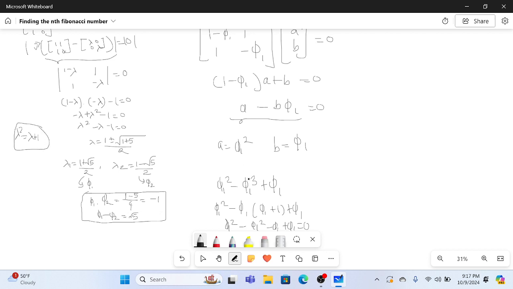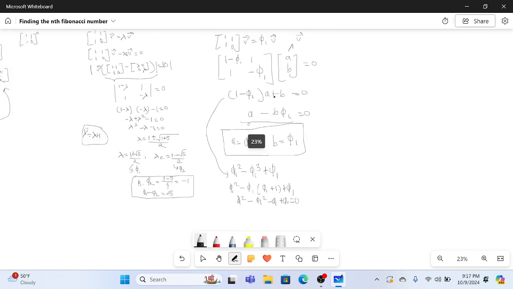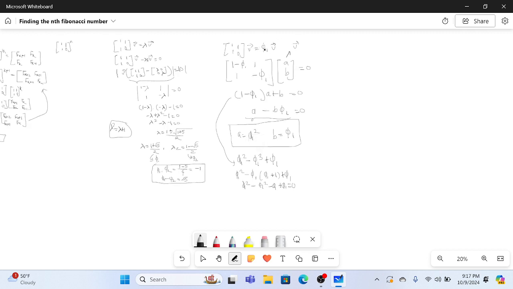So basically, if we substitute these A and B values in the first equation, we got this expression, and this expression reduced to 0. So that means these two values satisfy both equations, right? So for the corresponding eigenvalue of phi 1, our eigenvector is phi 1 square times phi 1, right? Good. Now for the next one,